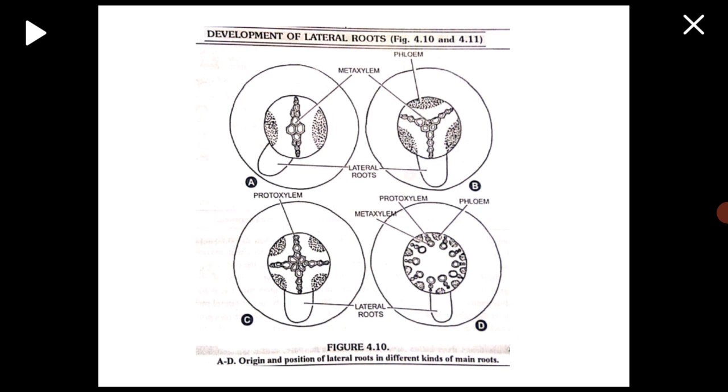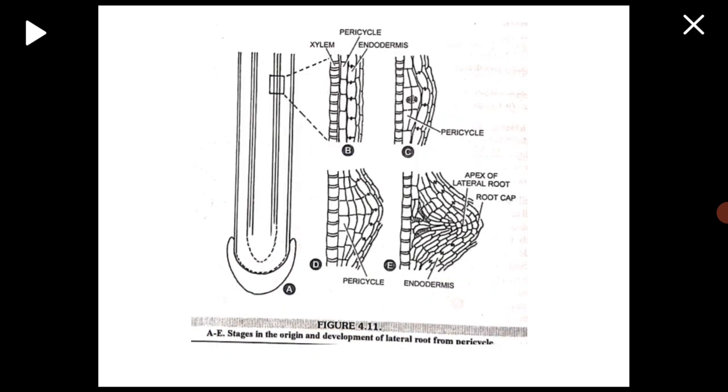During the initiation of lateral root, the cells of particular portion of pericycle start dividing by periclinal divisions. All these cells become meristematic and divide by periclinal and anticlinal divisions. It results in the formation of a lateral root primordium. The primordium grows through the cortex by crushing and pushing the cortical cells aside.